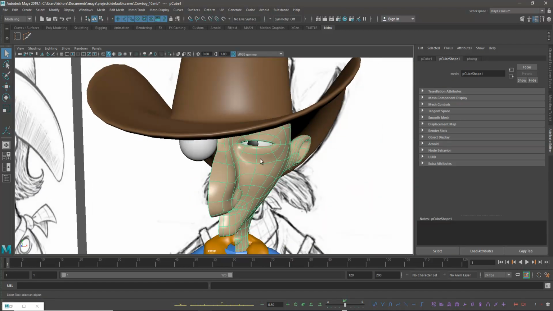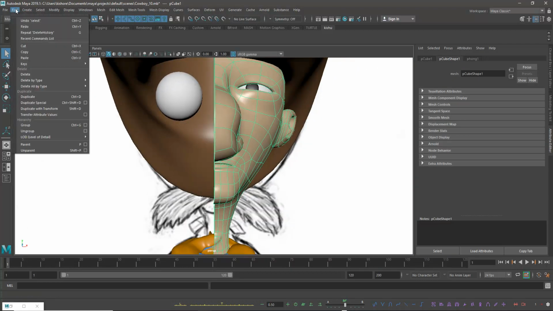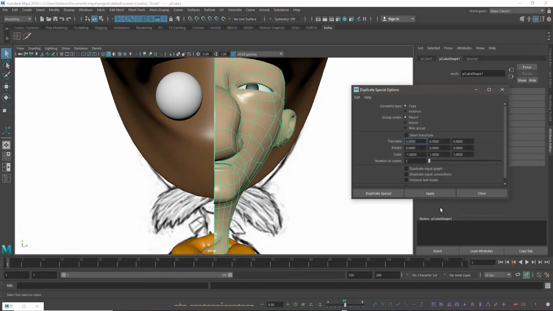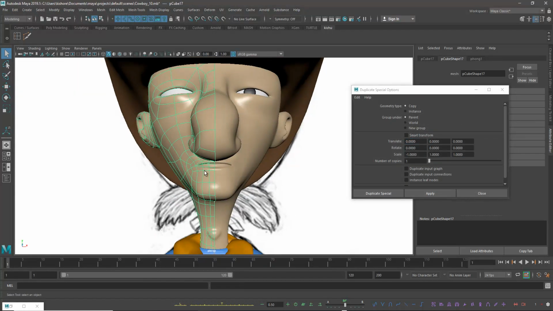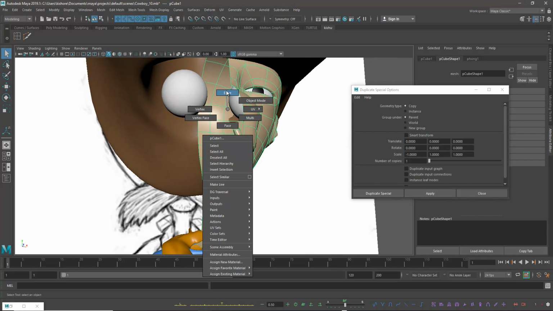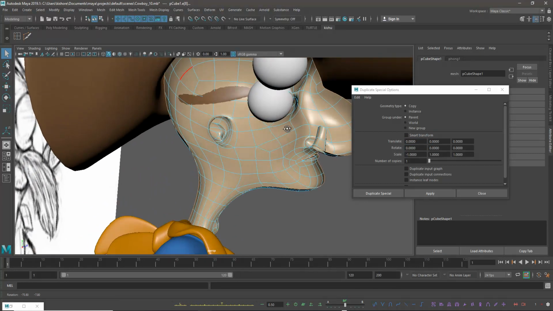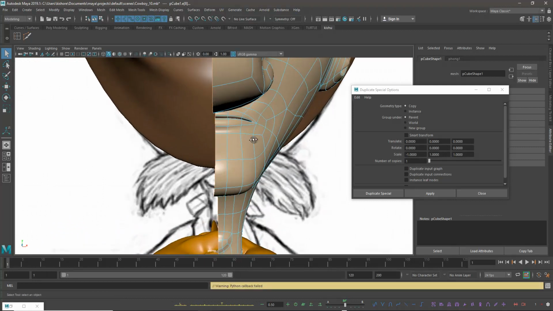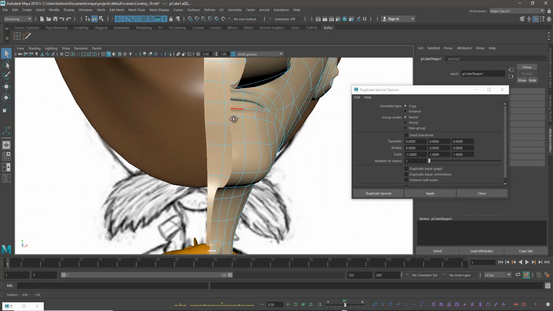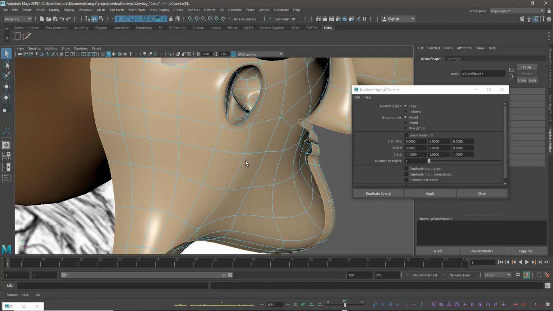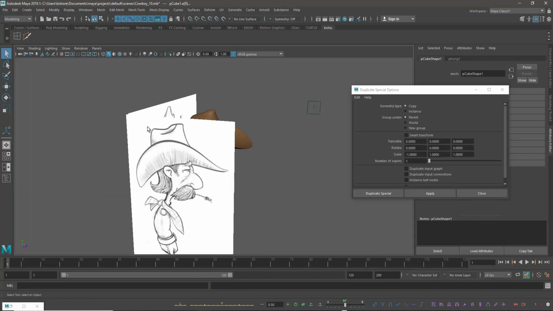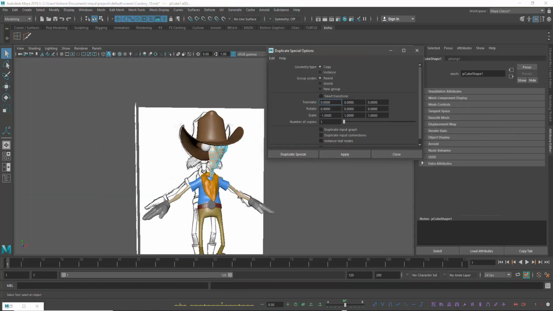So take duplicate, copy. Before that, what I'm doing is selecting the complete edge. I'll disable the reference for a while.